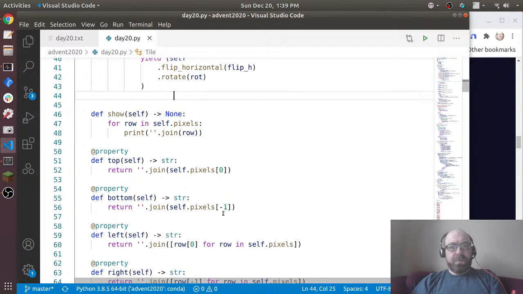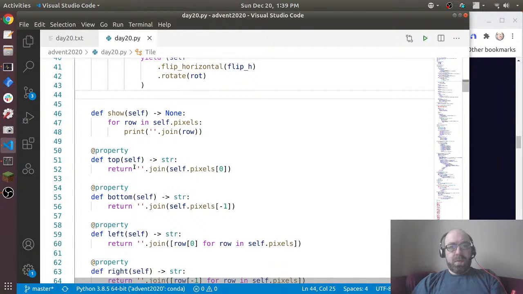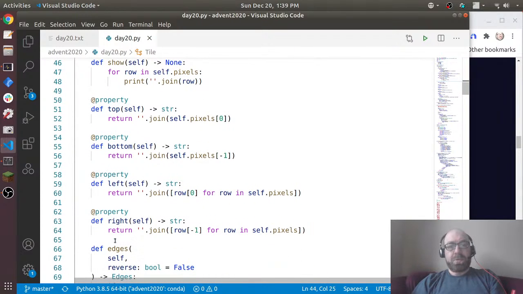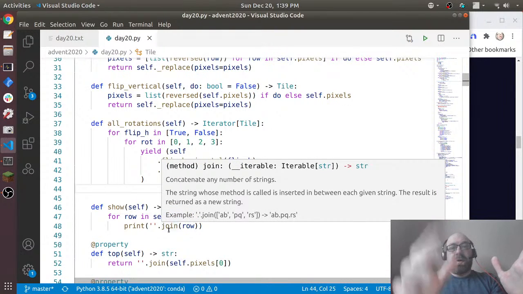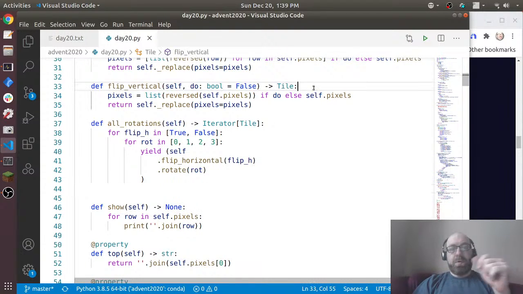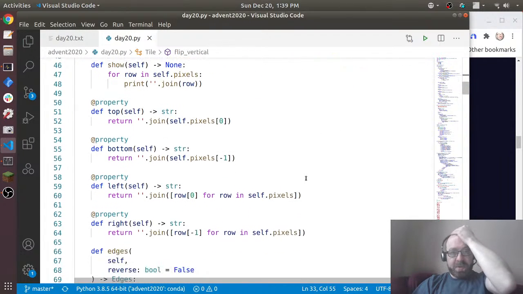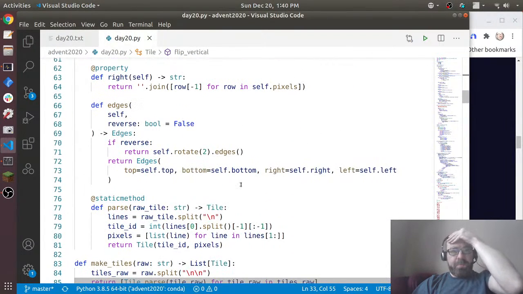And just to be helpful, I gave it properties for what is the top edge, what is the bottom edge, what is the left edge, what is the right edge. And what that means is that because flip vertical returns a new tile object, if I say flip vertical and then dot top, that will give me the top edge of the new tile. So that does what I want to do. And finally, there's this edges that